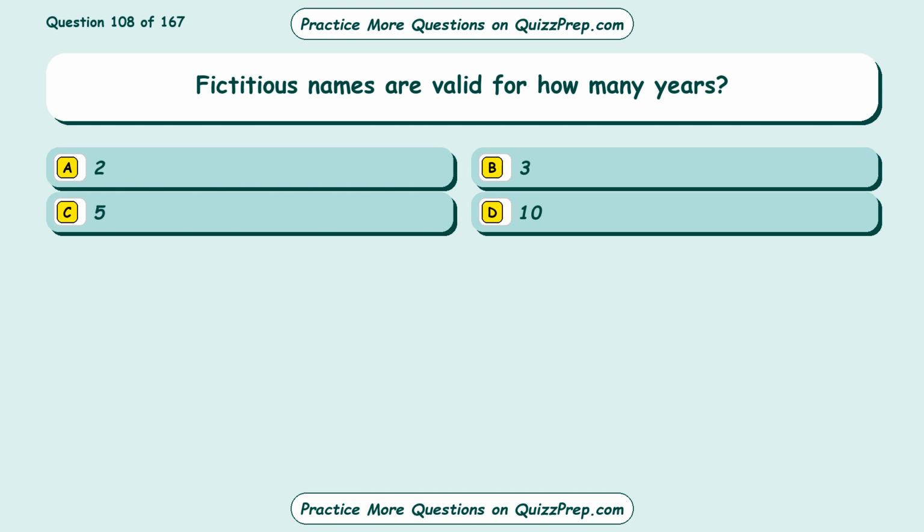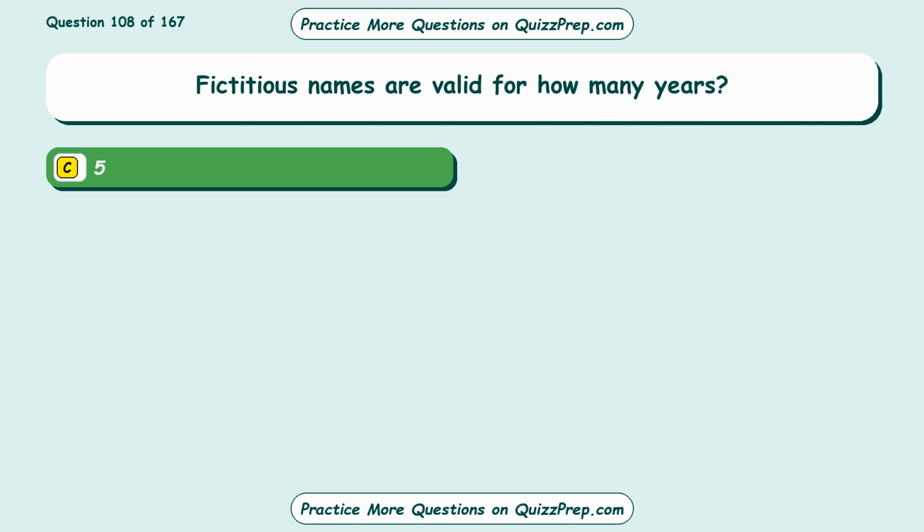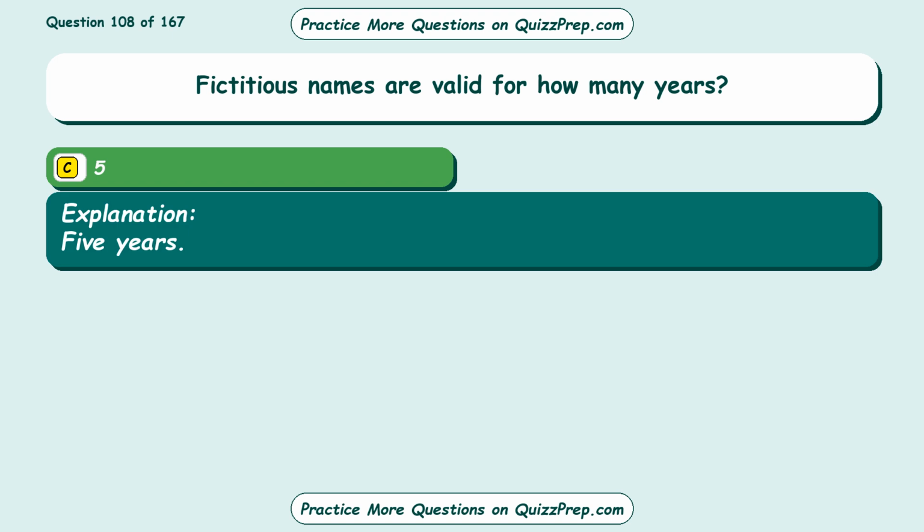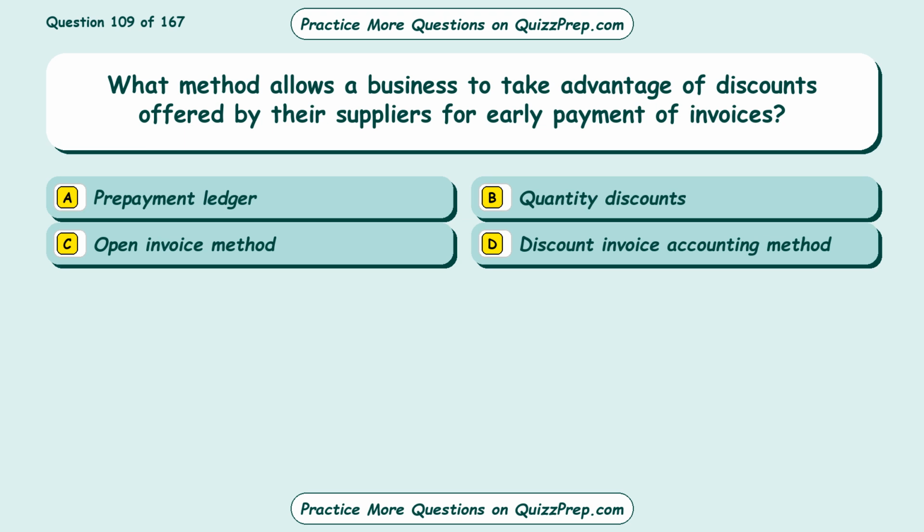Question 108. Fictitious names are valid for how many years? Option A 2, Option B 3, Option C 5, Option D 10. The correct answer is Option C, 5 years. Question 109. What method allows a business to take advantage of discounts offered by their suppliers for early